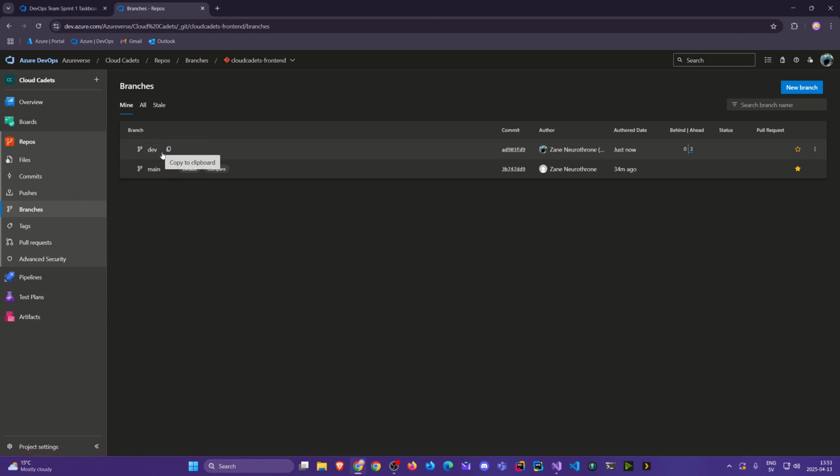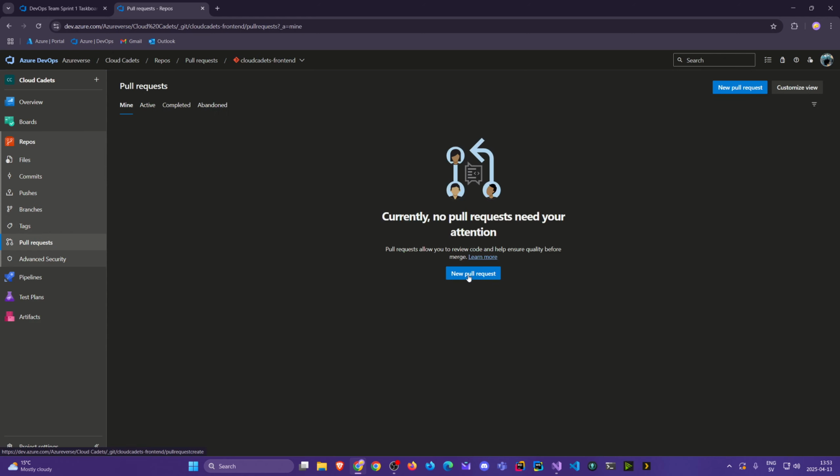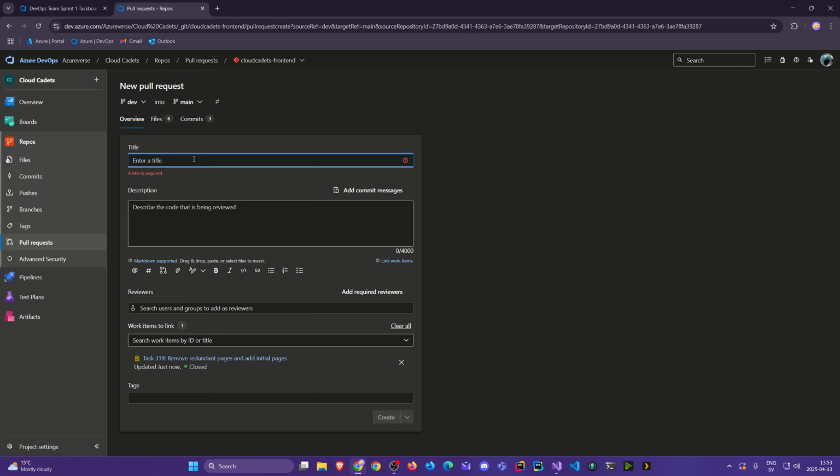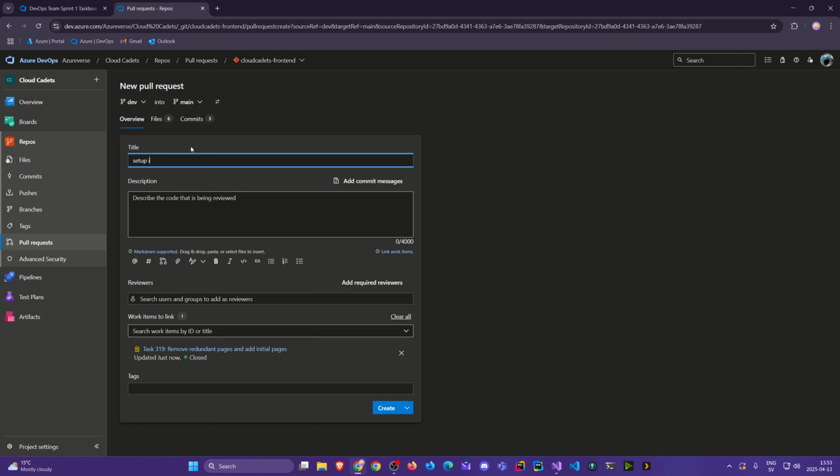We tested it a while, it saw that it worked, and for the main, eventually we will have pipelines that once we merge the dev into main, this will build and deploy our app if we had it deployed on the cloud. So let's say pull request, new pull request here or up here if there were multiple. You can even customize the view, that's pretty cool. New pull request, and here select the source branch. I want to select the dev and I want to merge into main,